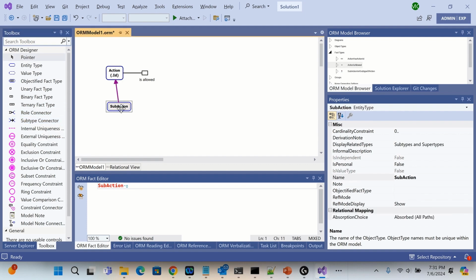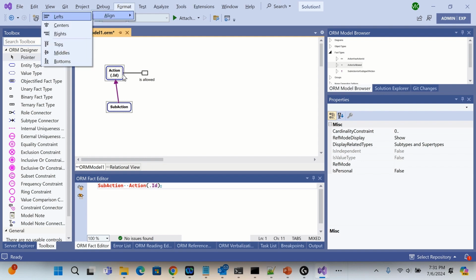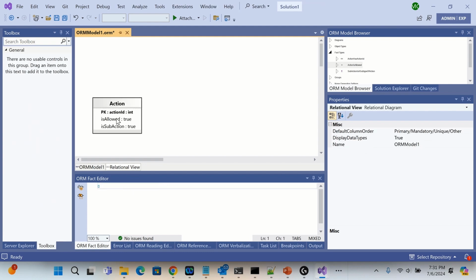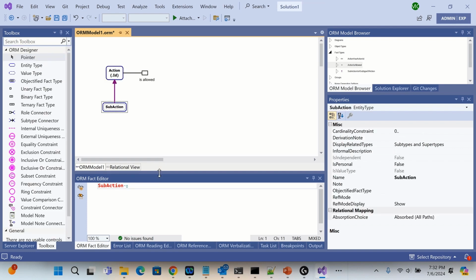Okay, so just with this state, you can get a new column, right? This would not have been here before. So is allowed, we're expecting from the unpaired unary. Is subaction is a new column. Okay, and let's see how long that maintains. So right here, let's just put a description on it. As description